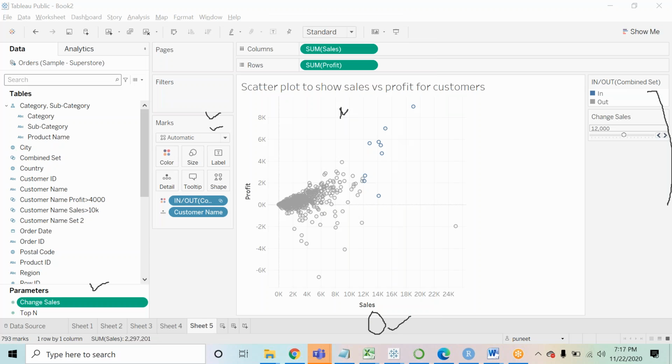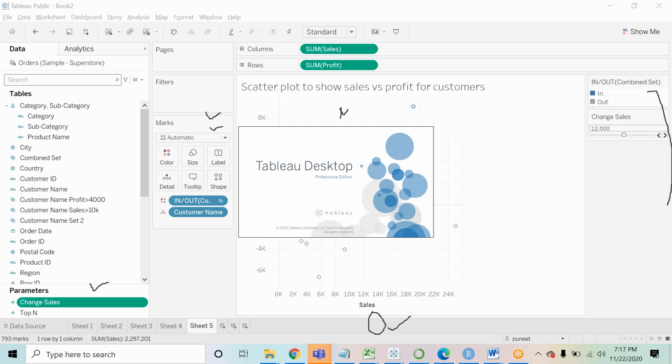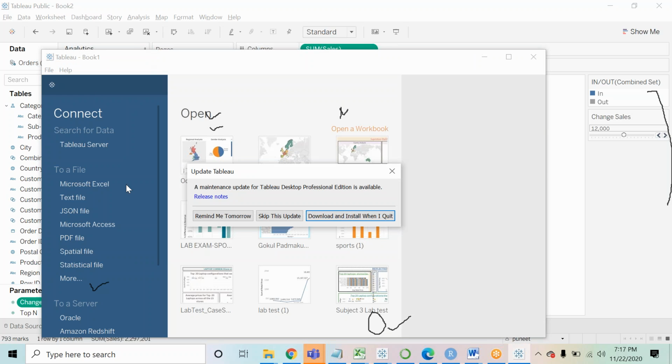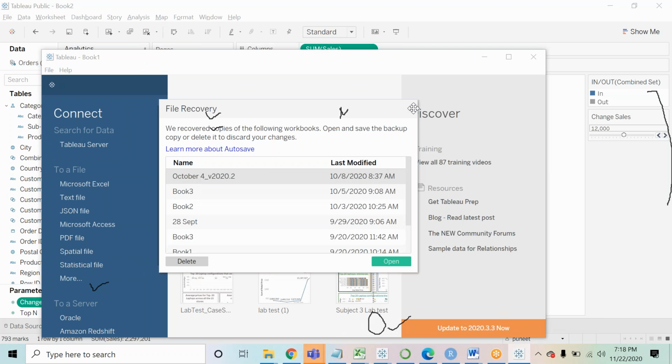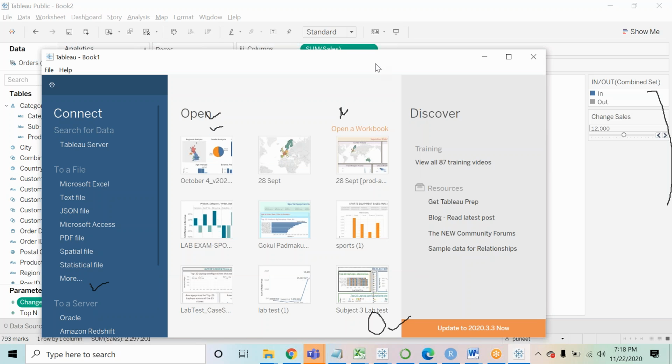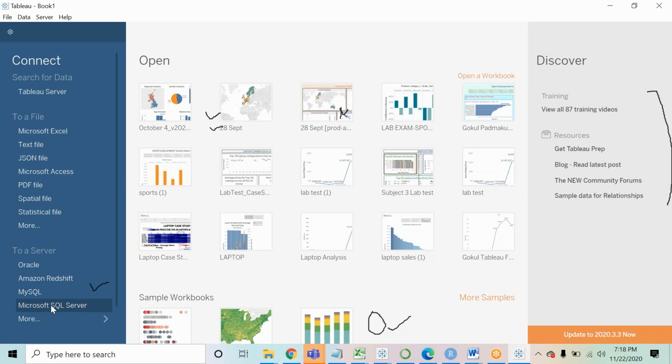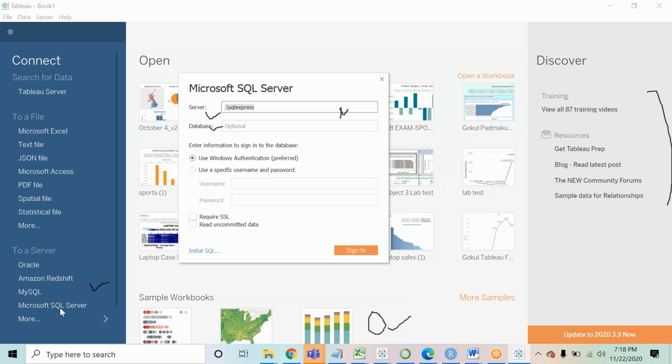तो ये आपका SQL इंटीग्रेशन सिर्फ और सिर्फ लाइसेंस सॉफ्टवेयर में अवेलेबल है, वो आपको पब्लिक में नहीं मिलेगा। ओके, सो इट्स अ वन सिंगल स्टेप, जैसे आप एक्सेल से कनेक्ट करते हो वैसे ही आप SQL सर्वर से कनेक्ट करते हो इसमें। सो व्हाट आई विल डू इज, मैंने टैबलू पब्लिक और टैबलू लाइसेंस सॉफ्टवेयर खोला अपना। आई विल फाइंड एन ऑप्शन ऑफ माइक्रोसॉफ्ट SQL सर्वर, इस पे आप क्लिक करो। सिर्फ आपको अपने डेटाबेस सर्वर का नाम डालना है जो आप अपने मैनेजमेंट स्टूडियो में डालते हो, .SQL एक्सप्रेस। क्लिक ऑन साइन इन,